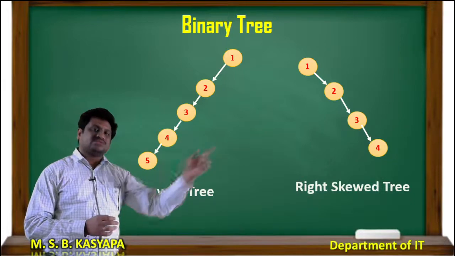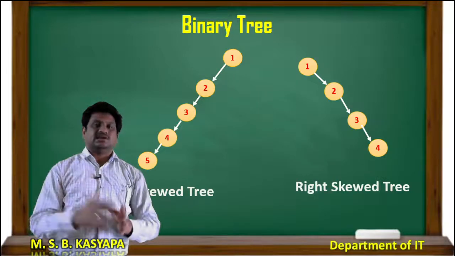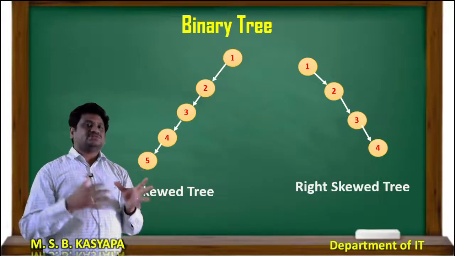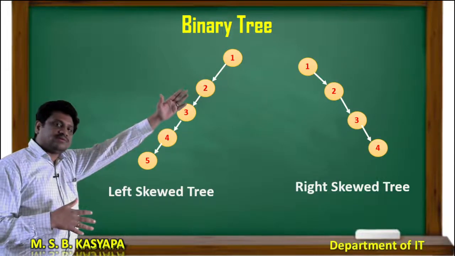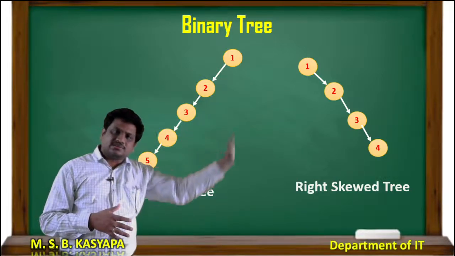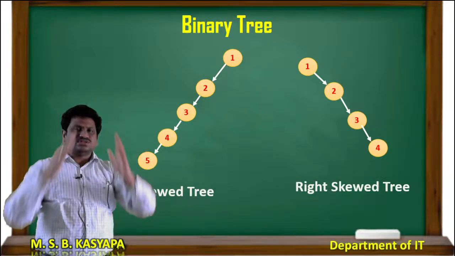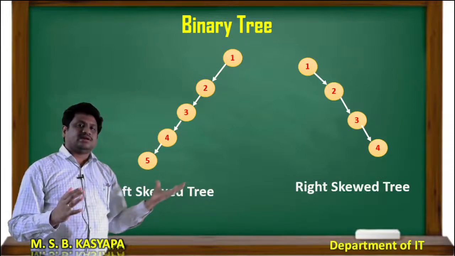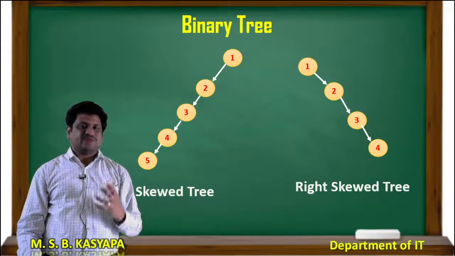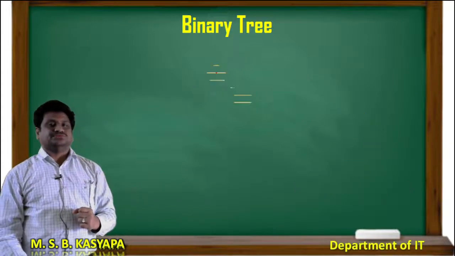If you consider the right one, 1, 2, 3, 4 are all inserted at the right side as a right child for the parent nodes. So I can say it is a right skew tree. If you see the flow here, from the topmost to the left child, it is coming in a single direction. There, it is going only to the right side. So like this, it has only a single flow. It is a different tree. So these are the types of binary trees. We have 3 types: full, complete, and left or right skew trees.